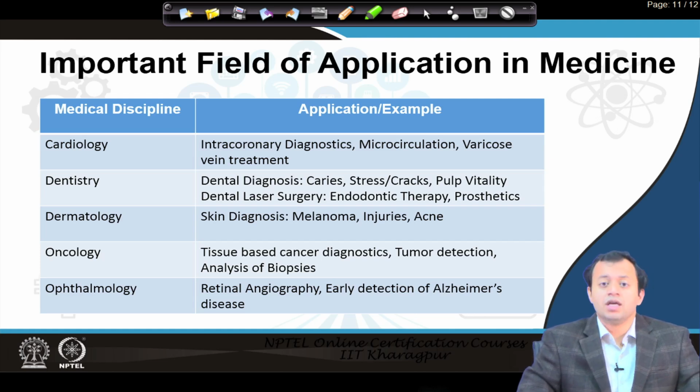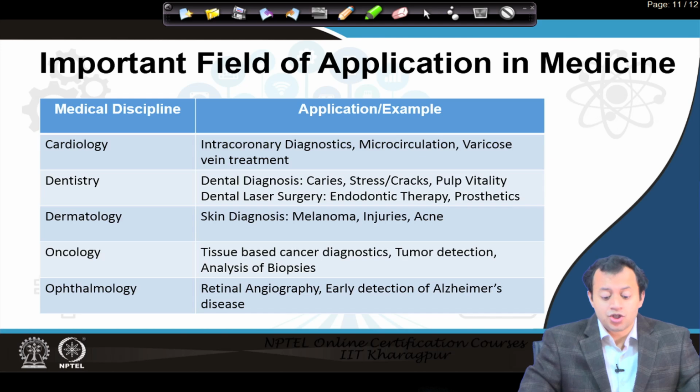Using light-based technologies, these things can be done very rapidly, very faithfully. And of course, ophthalmology, OCT is a prime example of photonic technologies, biophotonic technologies, and recently these days we are